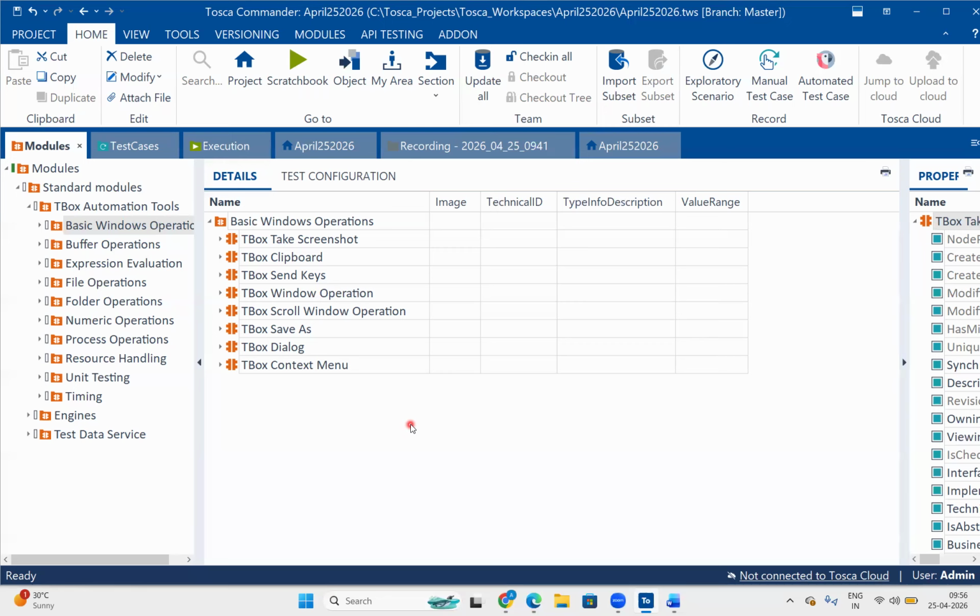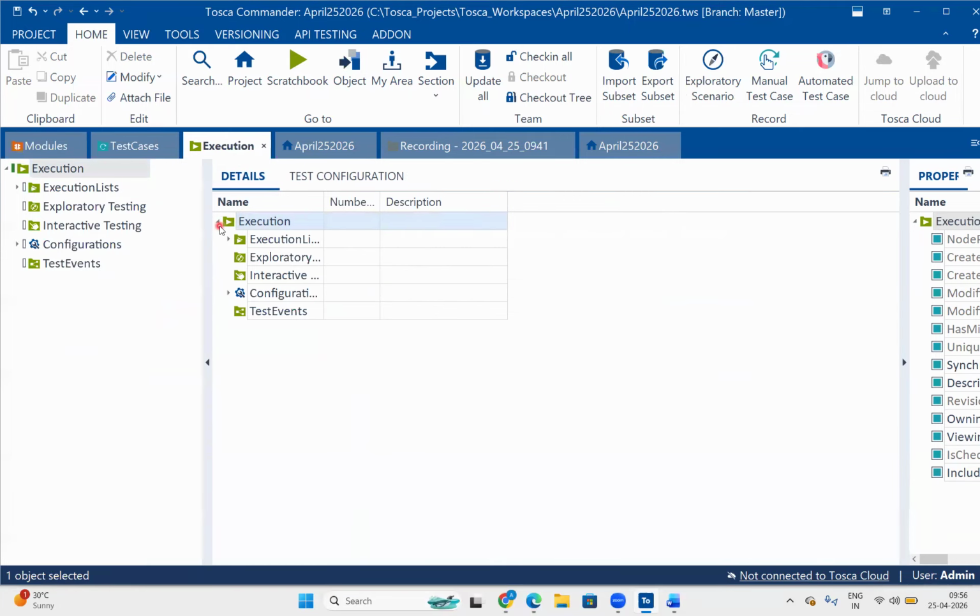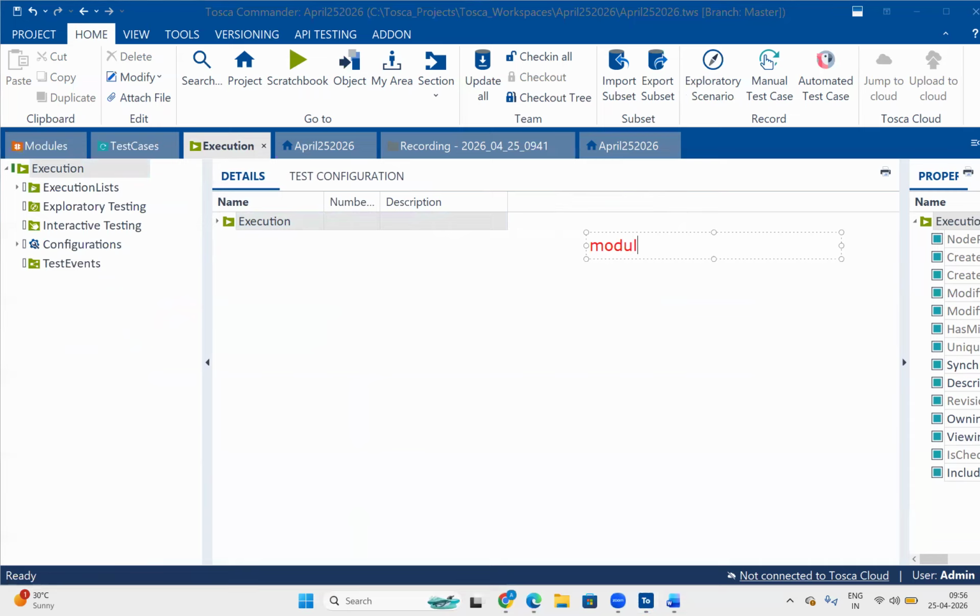The next point is here, guys. This is the test case section, execution section. Most frequently, I'm just giving for all projects, the workflow: we work with the module section. Once the module is created, drag and drop that module into the test case section. And once test case development is done, you can work with the execution section. This is the common workflow for all projects. I'm not saying it for any specific kind of project; the workflow is completely common.